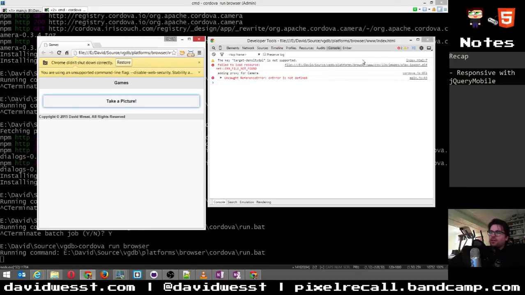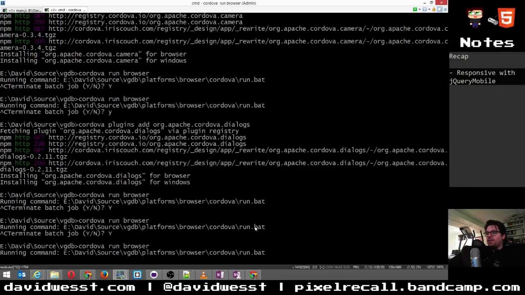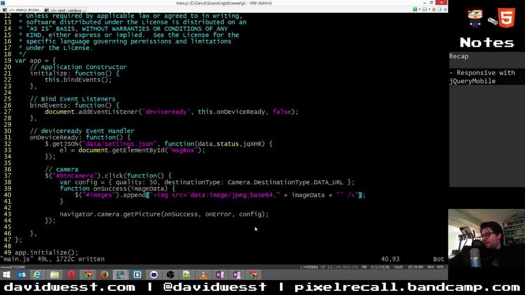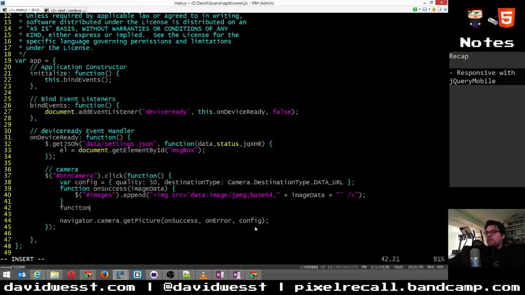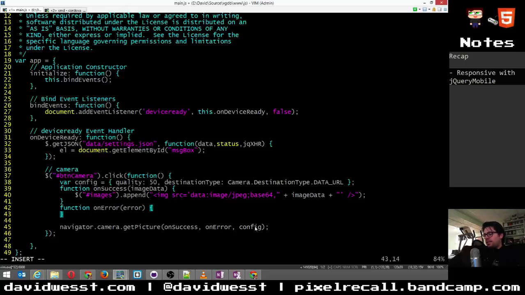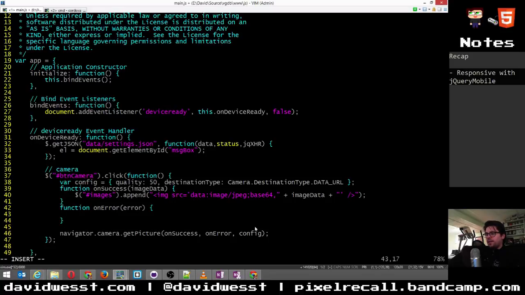let's see here. On air is not defined. Okay, so let's just quickly define an on air function. That makes sense if that happened. So we'll do function on air, which passes an error object, actually a very specific error object, so it's actually kind of useful. So we can do alert, camera error plus error.type, I think is one of the things. So we'll just do that, just something simple.